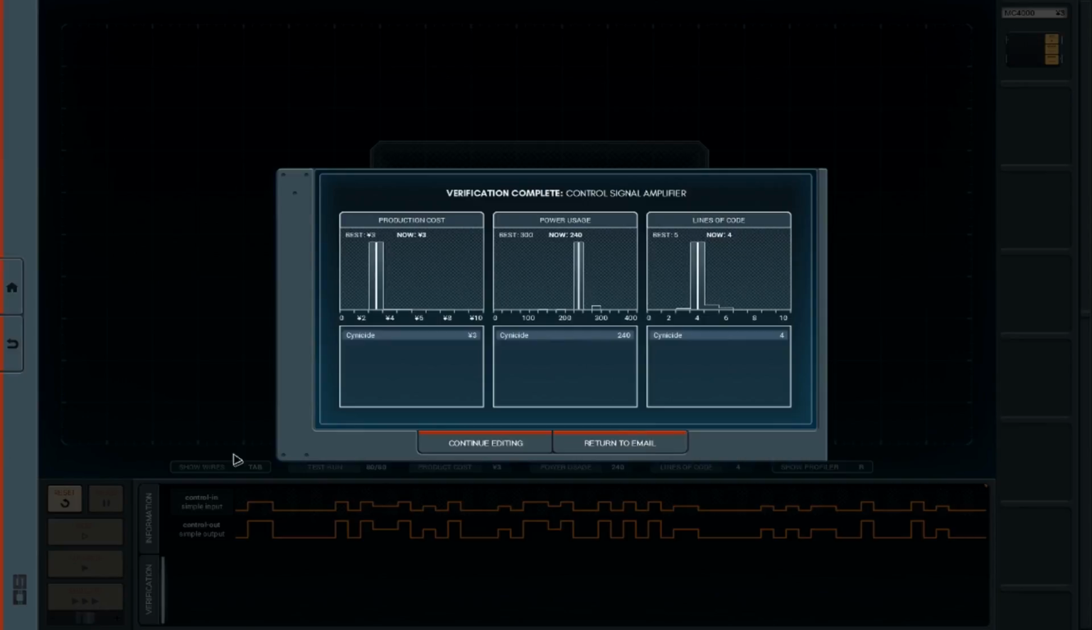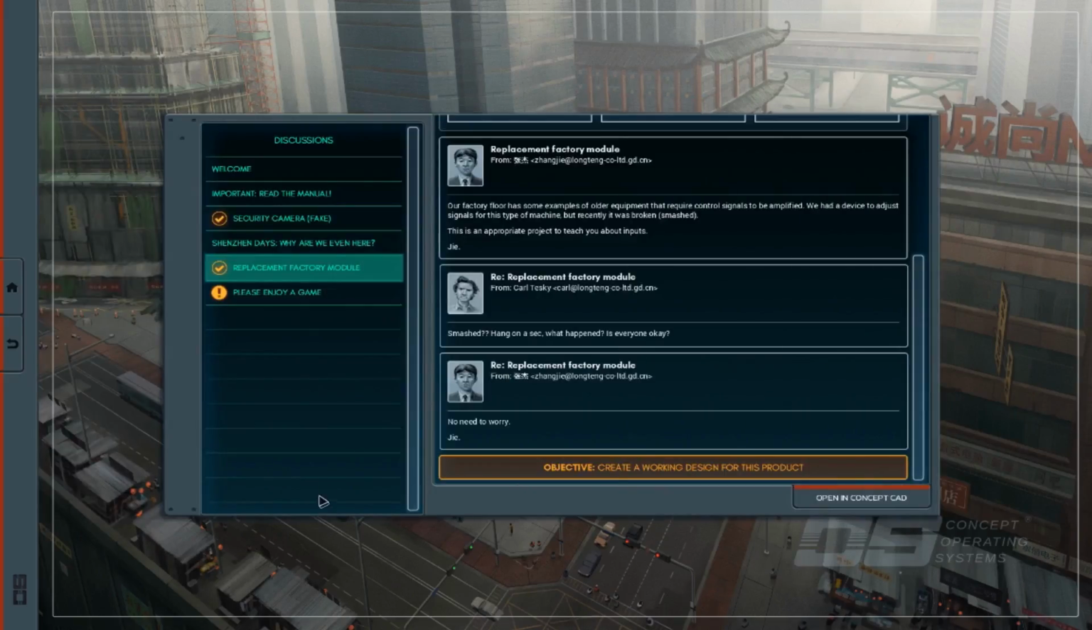Right, so we did okay. Somebody's done it with less power usage and with fewer lines of code, and I would really like to know how they did it. But unfortunately, this is how I did it. I will return to our email again,